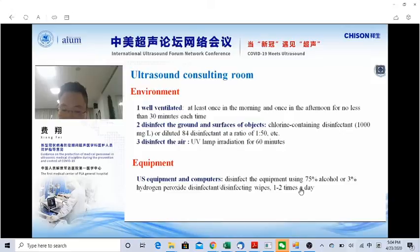And two, disinfect the ground and the surface of objects in the room with chlorine-containing disinfectant, diluted at a ratio of 1 to 50, 1 or 2 times per day or at any time once it is contaminated. And third, disinfect the air with UV lamp irradiation for 6 minutes after the end of daily diagnosis and treatment. The above